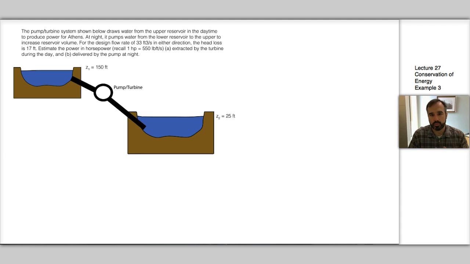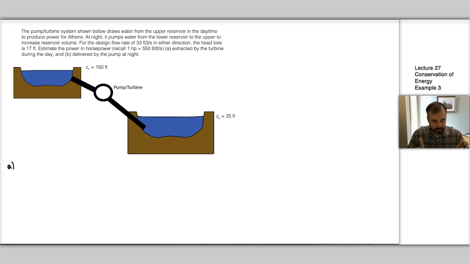But that's not really the way it works out due to where the head loss term falls in our energy equation relative to the turbine head term and the pump head term. So let's just go through it and you'll see how that falls out. So the first thing we want to do, as we do with all our problems, is write out the energy equation, conservation of energy equation, its full form. So we'll start with part A, which is the